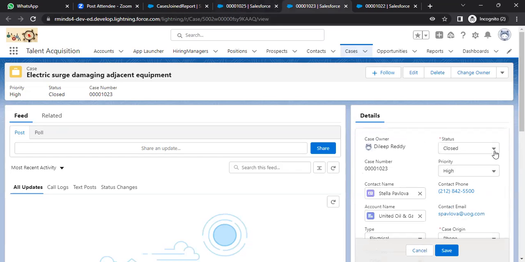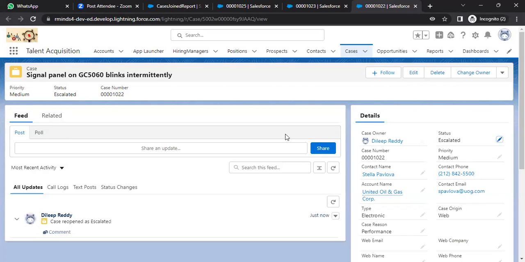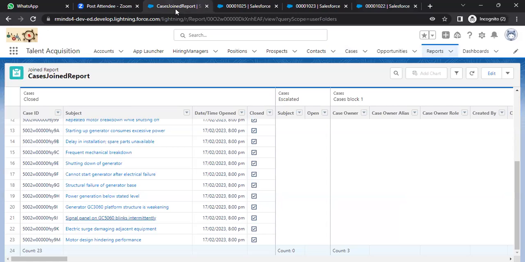This case also I'm marking as escalated, save, and this also save. Okay, so these three cases have been marked, so now the closed should be 20 and we have escalated 3,